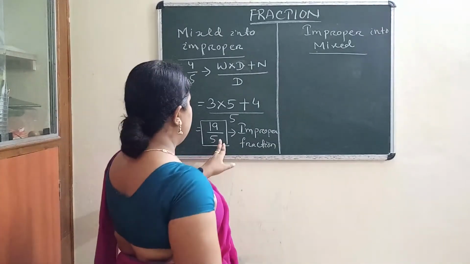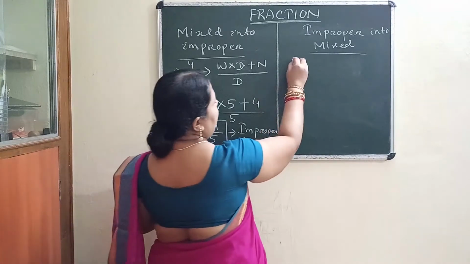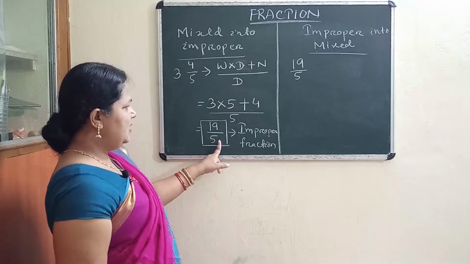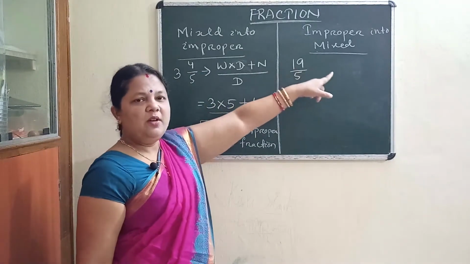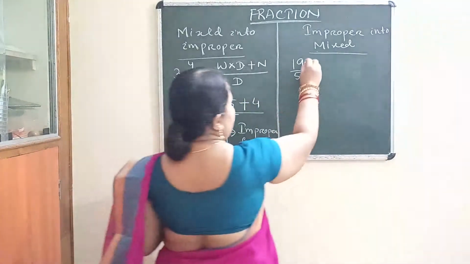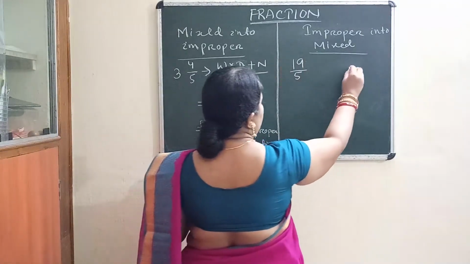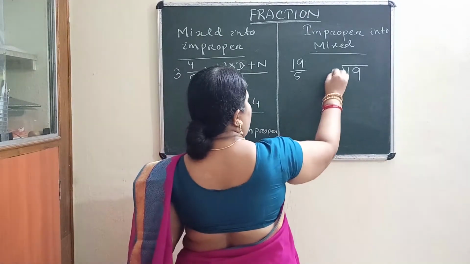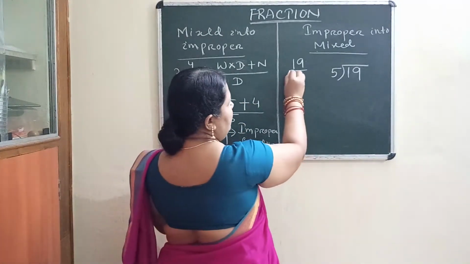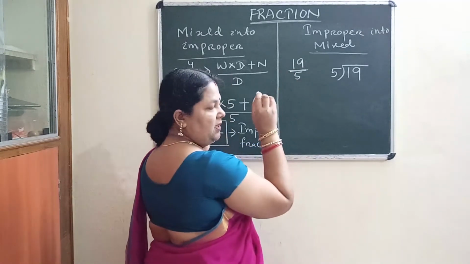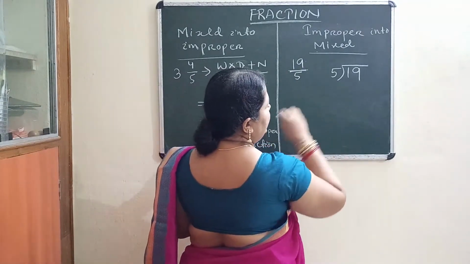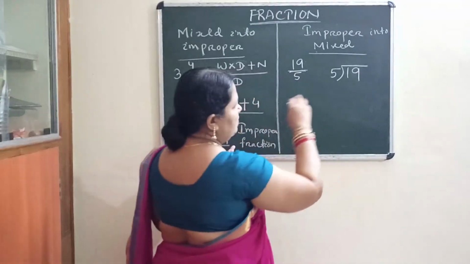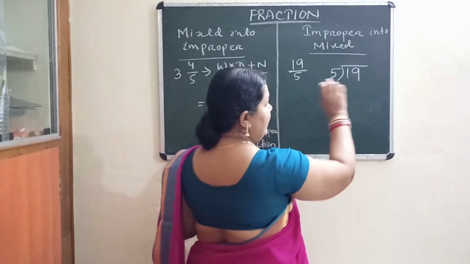And just opposite, suppose this one is improper, so let's take this example only, 19 by 5. Okay, so this is improper. Now we will change into mixed fraction. How to change? 19 by 5. You just follow that one. 19 divided by 5. This bar means division. Yes or no? So now we will divide it. Divide now. Is there any 19 in the 5 table? No. So we have to reach up to less than 19.